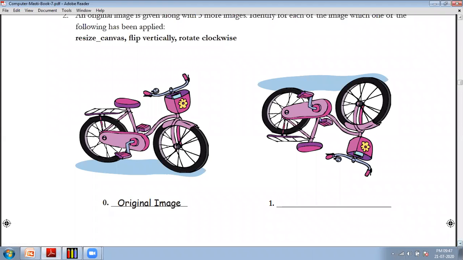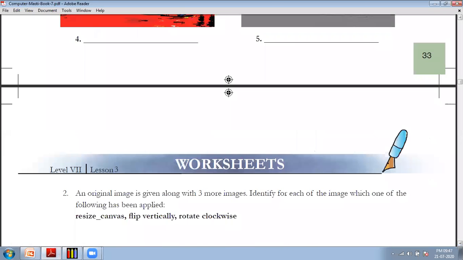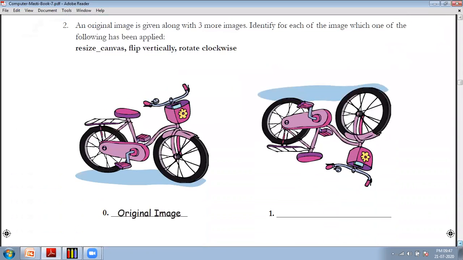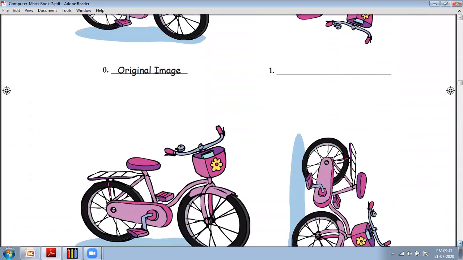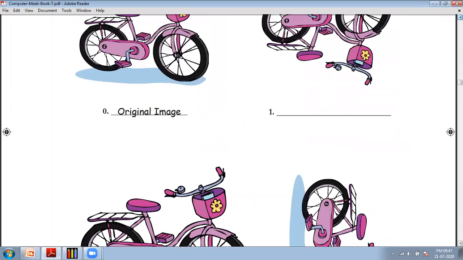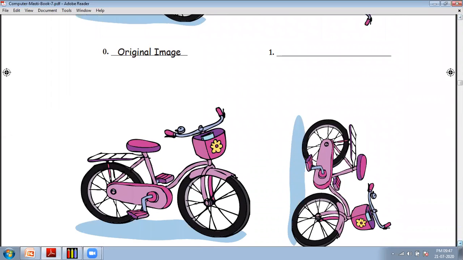Now again, question number 2, sub question number 2. Here the picture looks the same as the original, but it is increased in size.